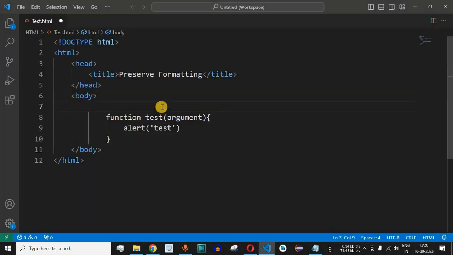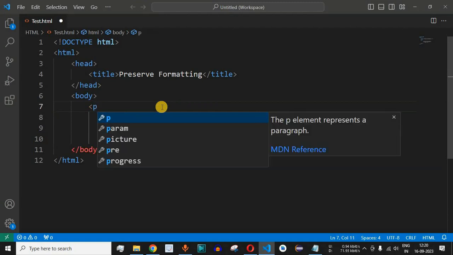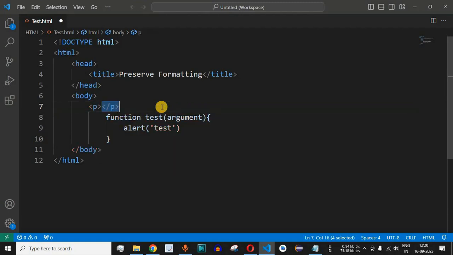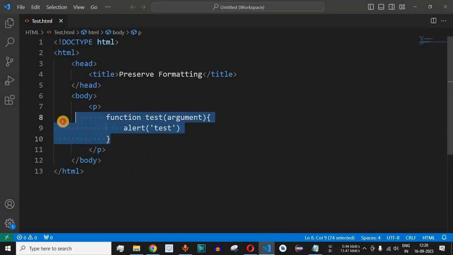And then what if we provide the P tag over here, that stands for paragraph? If we enclose these lines of code inside the paragraph, let us check what happens. Over here we'll just save this file now and try reloading this page once again. As you can see, it is being shown as a paragraph, but all the lines of code that we have written on different lines are not being preserved.